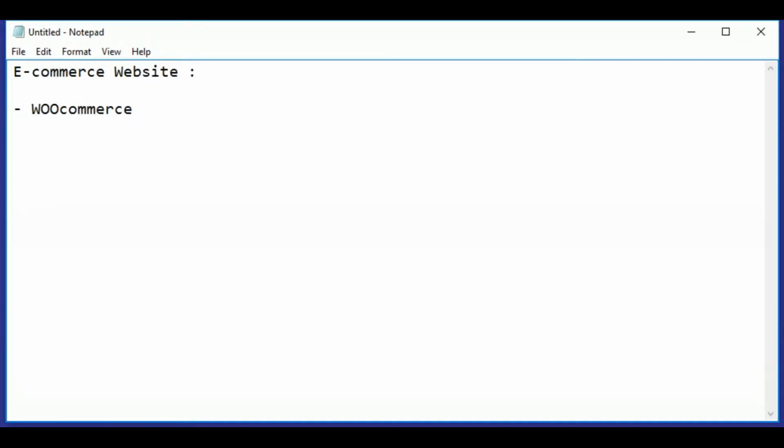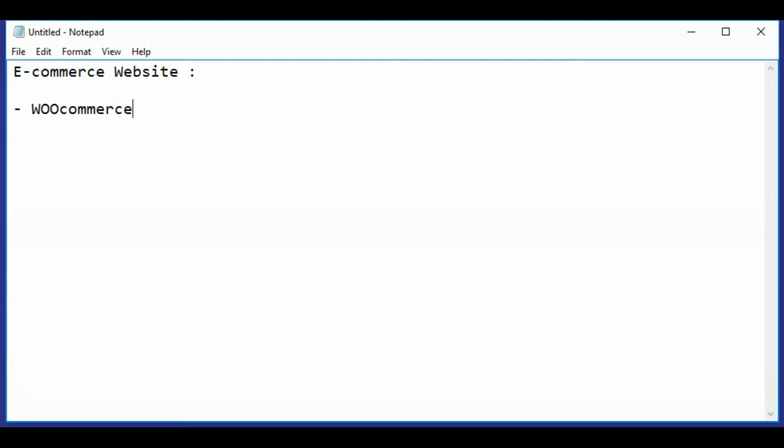If I go to any e-commerce website, you can see there are a lot of features on that website, and there are different positions where pricing is, where description is, where more information is. If you want to build that manually using HTML or PHP or any kind of coding, it takes a lot of time.